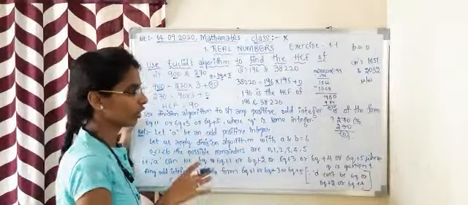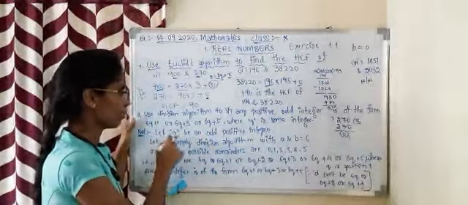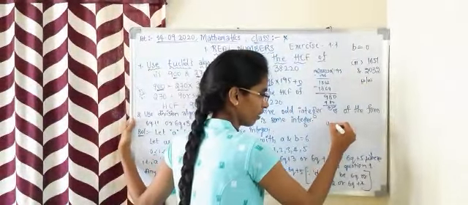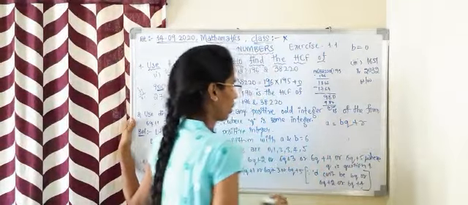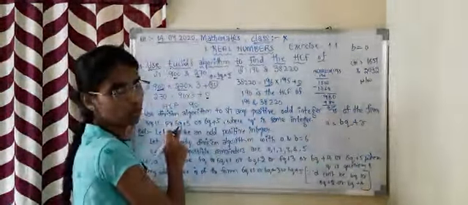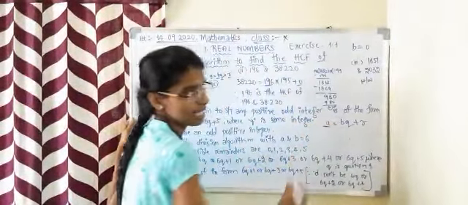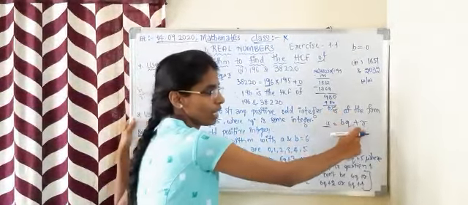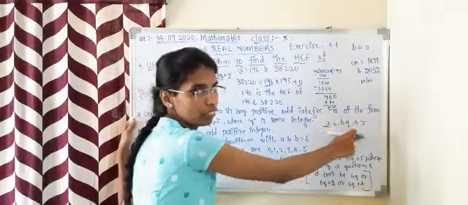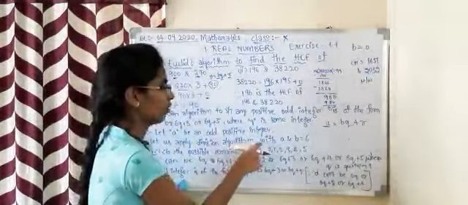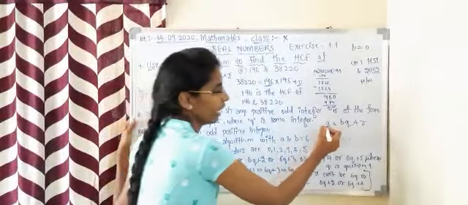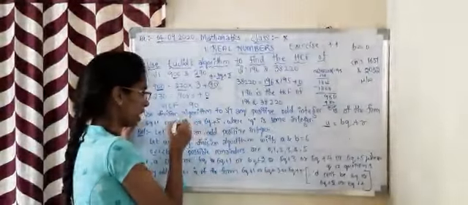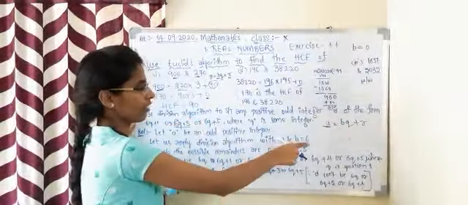Why we have to show that? What we should do first is, let a be an odd positive integer. Normally we have that a is equal to bq plus r. This will be in the form of this now. So we shall assume this as a positive odd integer. Let us apply division algorithm with a and b equal to 6. Here a we don't have any value and b we have to assume as 6, because this is in the form of bq plus r where b value is 6. Therefore, b is equal to 6.